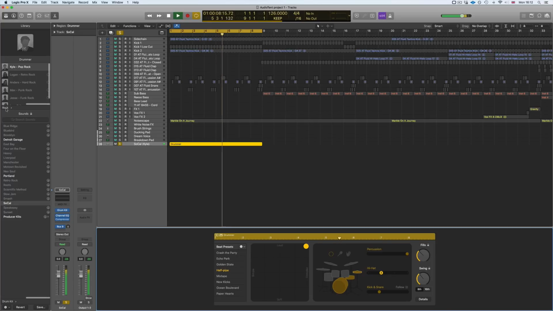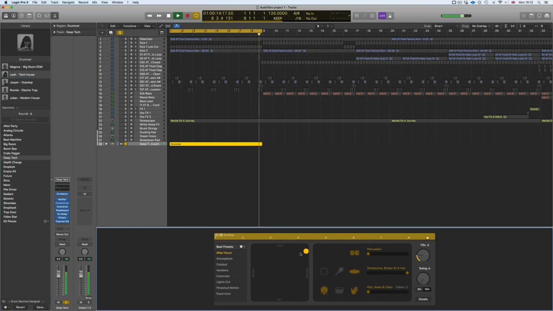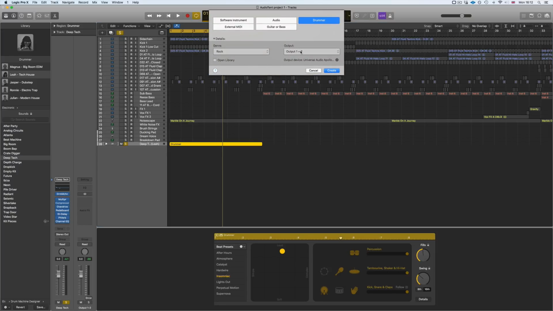And if we go back, we can actually go to different genres. So we'll go for some tech house. And then you can see how quickly it would be to build a project in this manner if you didn't have the skill to actually write in the MIDI.